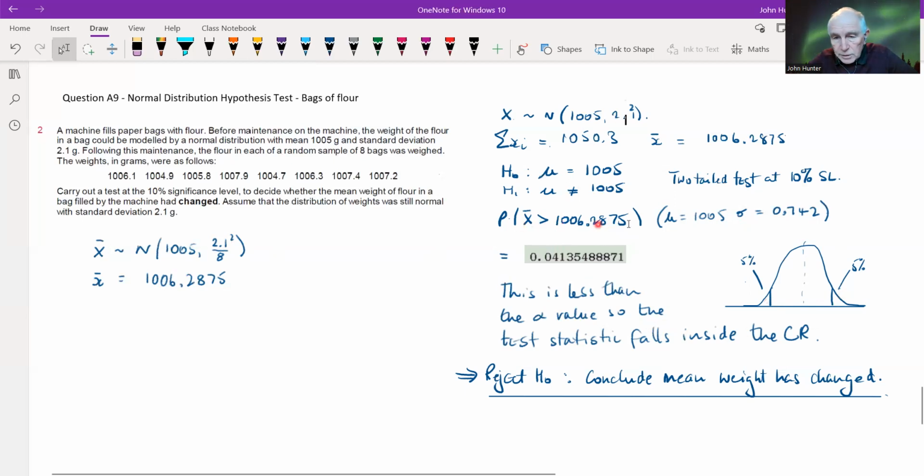Well, we can just pop this into our calculator with the normal cumulative. So we're looking at a lower bound of 1006.2875, up to some large value, 4 nines, 5 nines maybe, into the calculator with these parameters, and that's going to give us a probability of